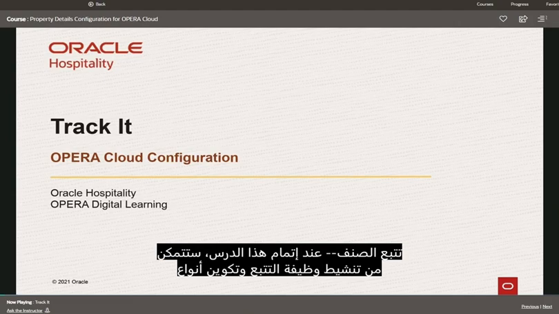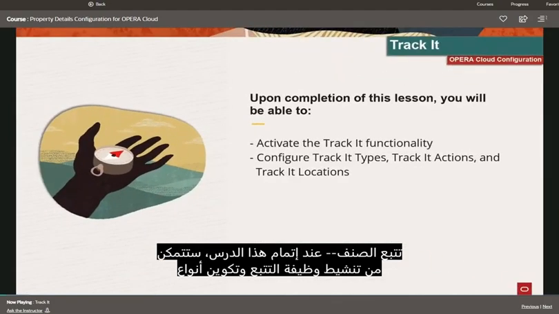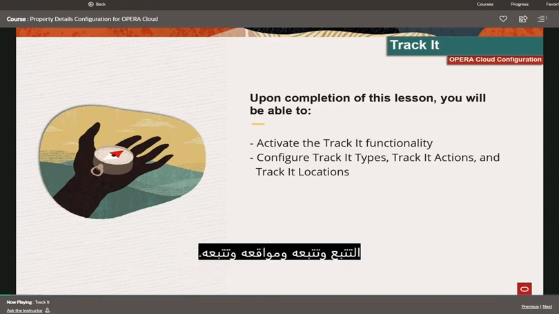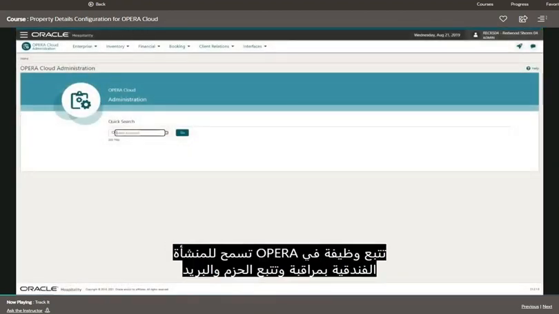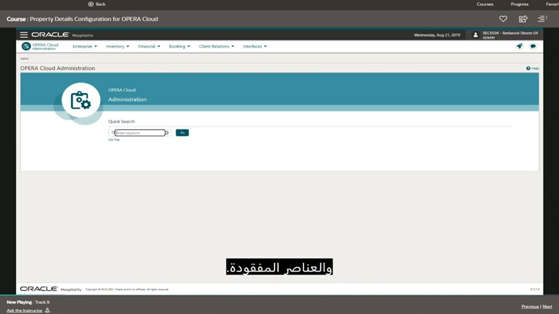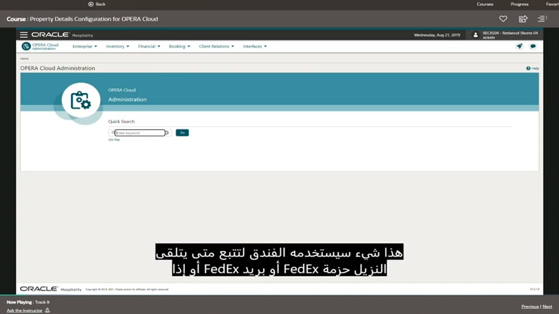Track It. Upon completion of this lesson, you will be able to activate the Track It functionality and configure Track It types, Track It locations, and Track It actions. Track It is a functionality in Opera that allows the property to monitor and keep track of packages, mail, and lost items. This is something that the hotel would use to keep track of when a guest receives a FedEx package or mail,